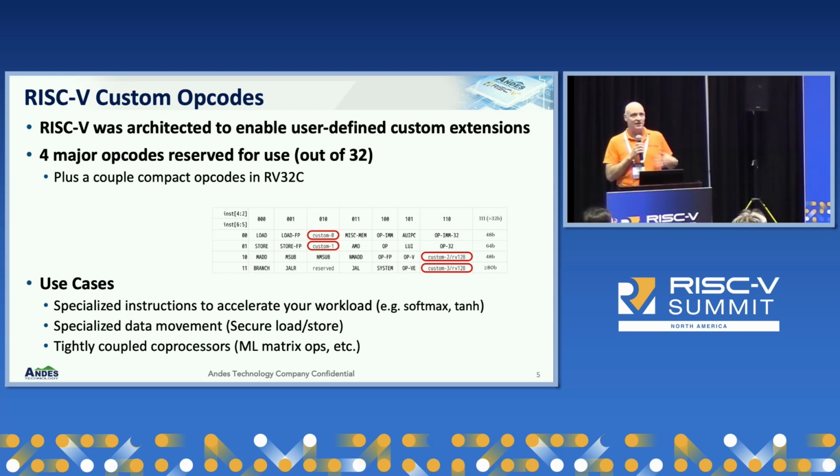Things you can use this for is what you typically think of: I have some specialized arithmetic operation. If you're in ML, that might look like softmax. You might actually also want to do some specialized data movement in and out of your register file, possibly to a secure storage that you don't want to have accessible as part of main memory. Or you could actually tightly couple entire coprocessors and add custom instructions for that. So there's a lot of functionality available to you using RISC-V, but